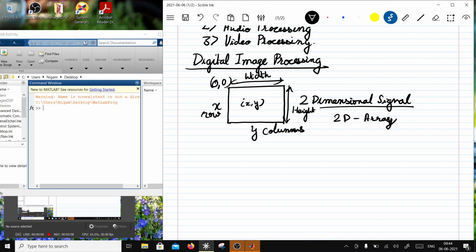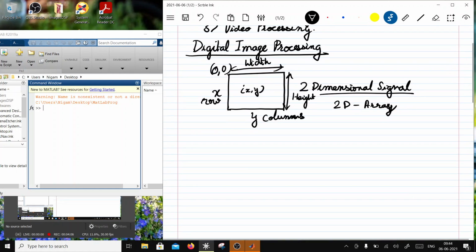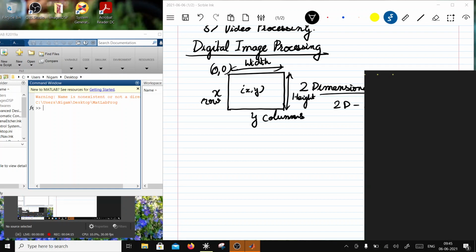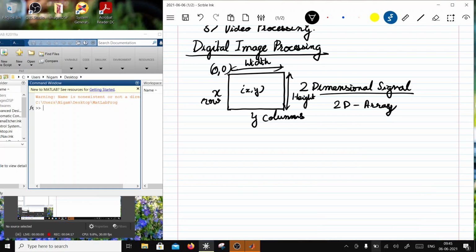Now, is an array a good way of storing images? The answer is it's very inefficient. It takes up your valuable stack, so you can store it in other places, right? When you process large images, you are going to run into problems if you store them in arrays. We will talk about scalability later on, right? But to start with, an image is just a two-dimensional array. It's numbers, right? And what are these numbers going to be, what is their range?